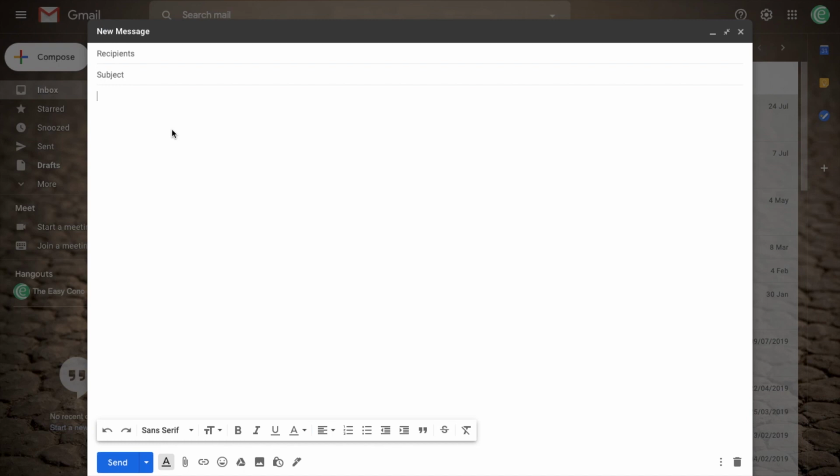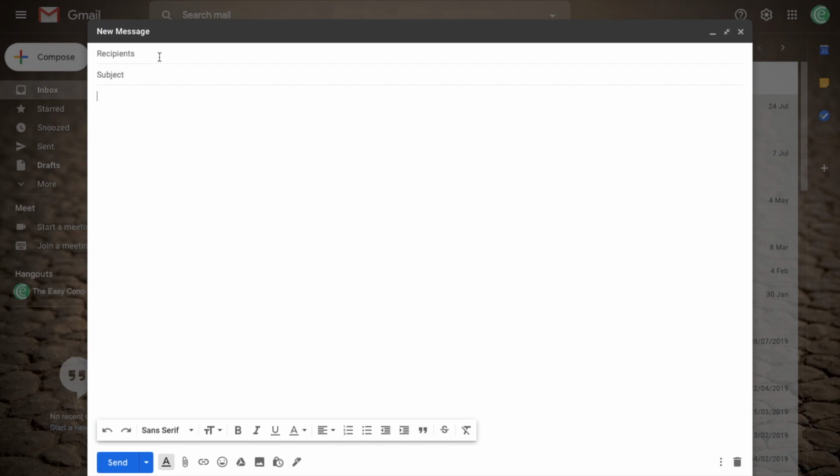Today we are going to learn a very interesting thing, that is sending a mail. Now you might be confused and thinking what is so interesting about it. To make you understand this, I have opened my Gmail ID, which you can also do. You just click on the compose button here, and then you will find these fields. Basically there are three fields: one is the recipients field, another is the subject field, and the third is the body.